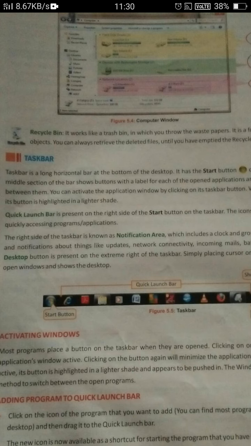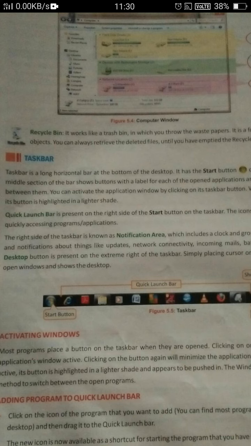When you start Windows, at the bottom you see a strip. Here you are looking at a strip of black color. It may vary from computer to computer. You can even change the color of this strip yourself, and this strip is known as the taskbar. For your kind information, the strip which has the start button is known as the taskbar.